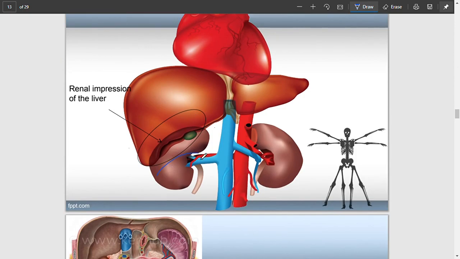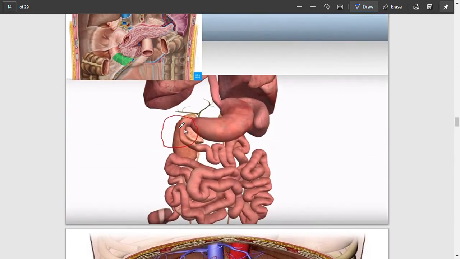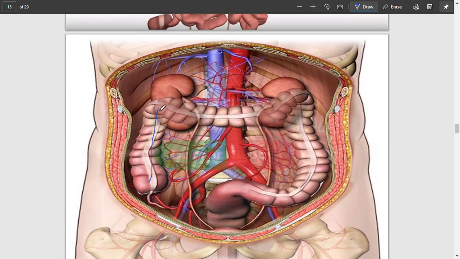The right one is making an impression with the liver, and as you can see on the liver, there's a real impression of the kidney, and it is called the renal impression. And here you can see the kidney, and the duodenum is in front of the kidney, not behind it. And this is the